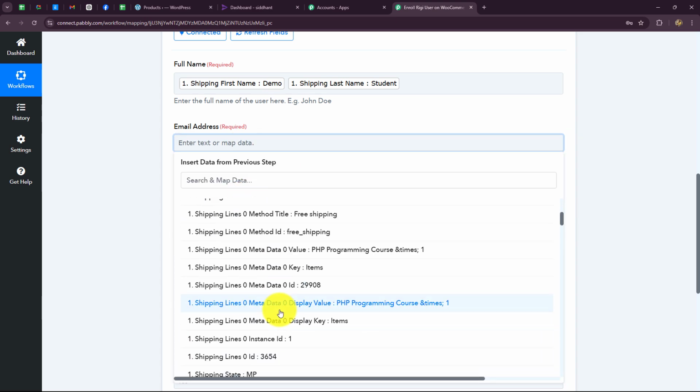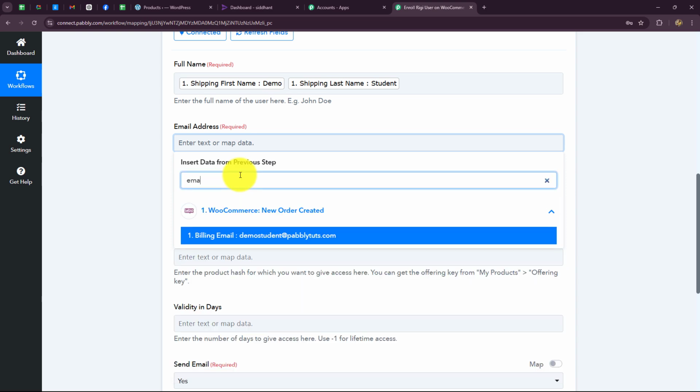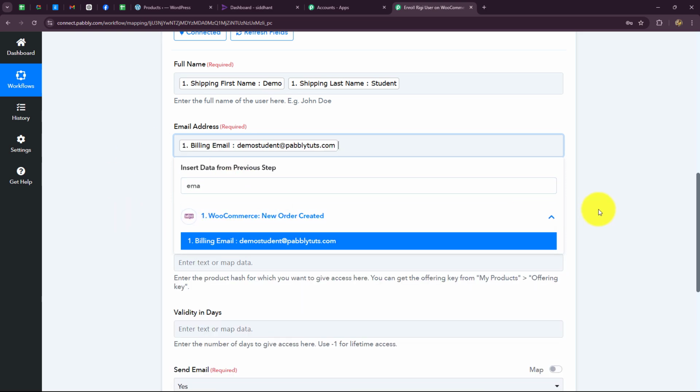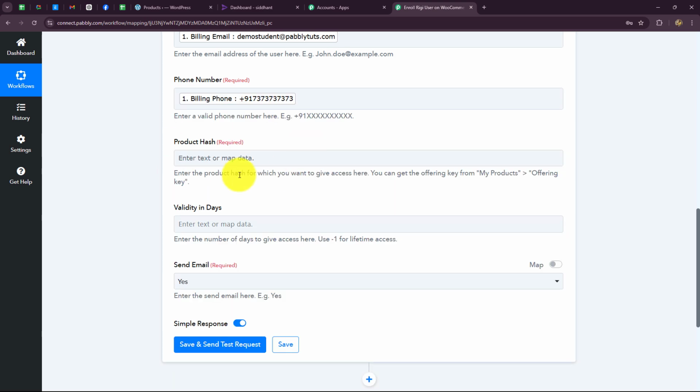Now in a similar manner, I'm going to map the email of the customer as well. We can also search the email over here. So it has redirected us towards the value. Then we will map the email. Then we will map the phone number. And over here, we have to enter the product hash key. In the product hash key, what you have to enter is the key of that specific product in which you want